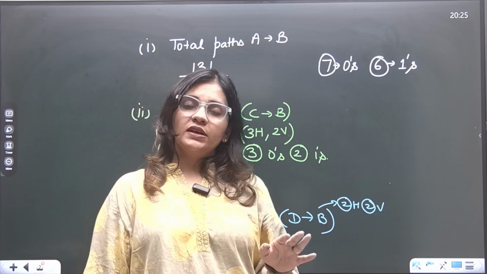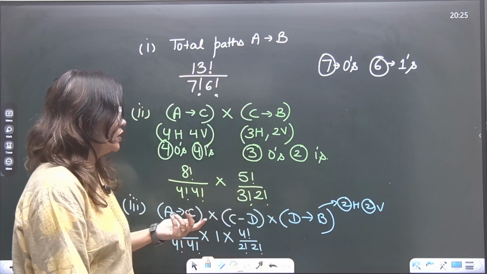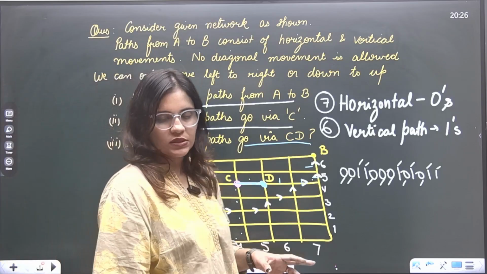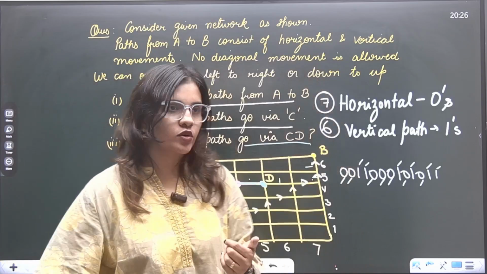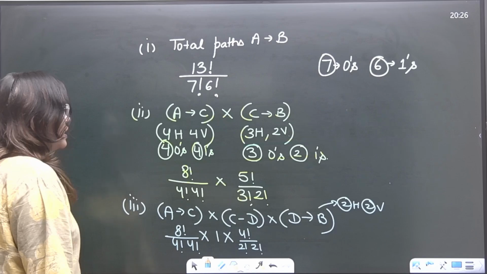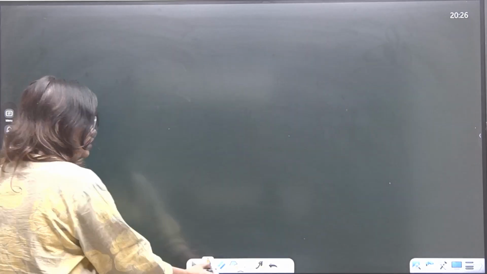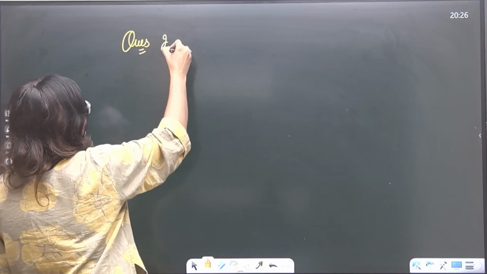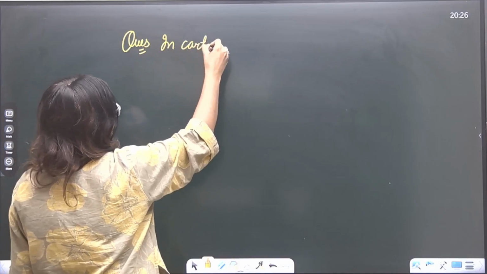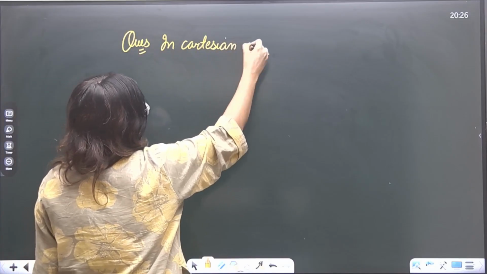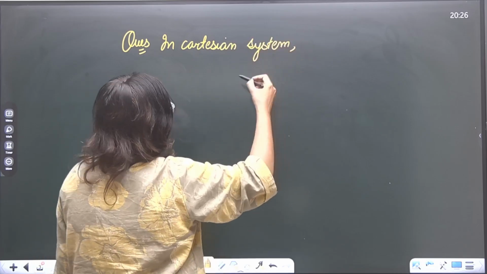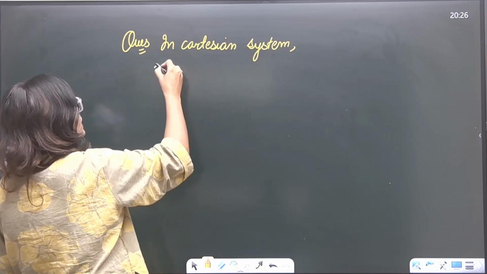So hopefully you understood how to solve these questions using binary sequence. So I'll give you one more short question you can try. Okay, we can mix coordinate geometry as well. So for example, I'll give you a basic question that in the Cartesian system, in how many ways